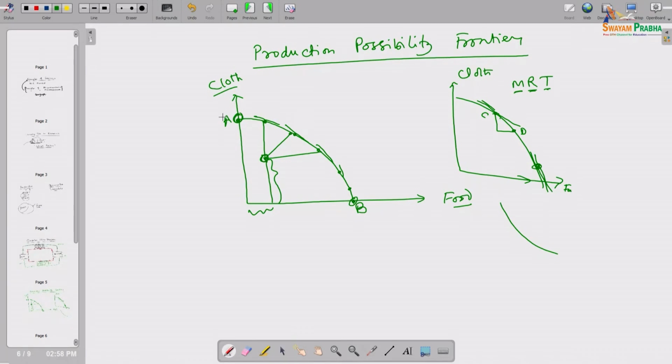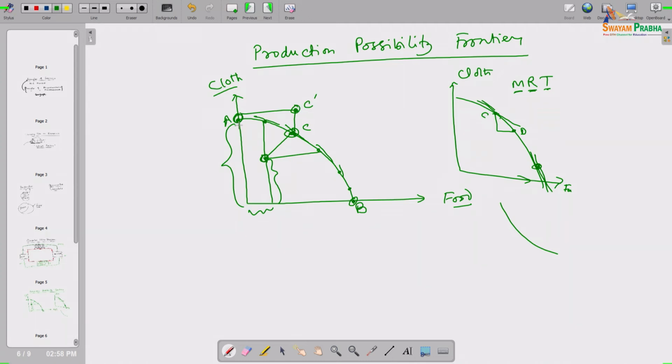Now, with limited resources, if you want to produce one commodity extra, suppose from point A you want to go to point C, can you go vertically above point C, say to point C dash? Point A means zero food and this much cloth, and